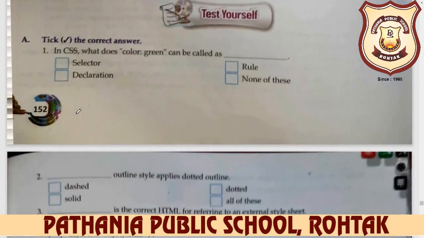Here our chapter number 5 is completed, and with chapter number 5, our term 1 syllabus, chapters 3, 4 and 5, is completed. So everyone prepare for your term 1 exam, and everyone prepare for your test. Tomorrow is your test of chapter number 4. So everyone learn chapter number 4 and attempt your test of chapter number 4. After that we do the chapter number 5 test and do the revision of chapter number 3 also.